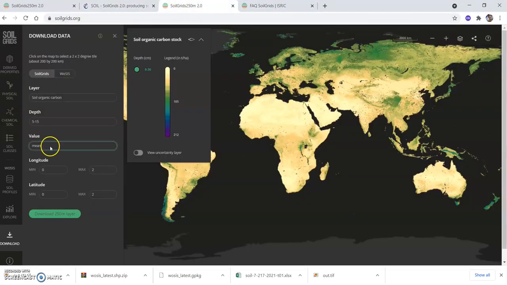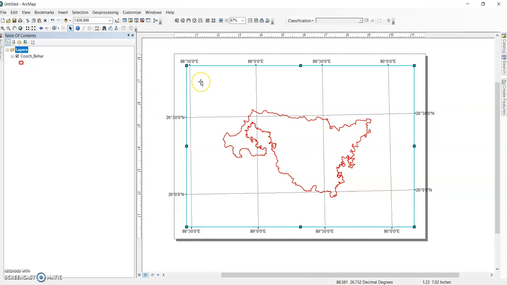Now I'll show how to download the mean value, longitude and latitude option. So just check the latitude and longitude extent of your study area. Here in my case, I'm going to show from 88 degree to 90 degree, and for latitudinal extent 26, so 25 to 27 is okay for me.